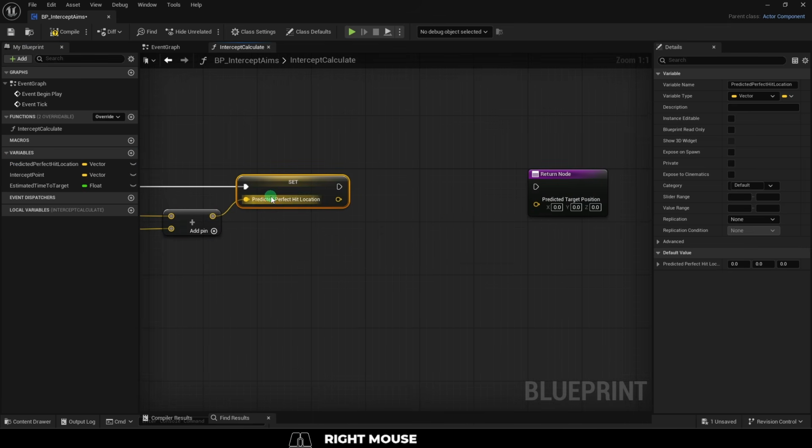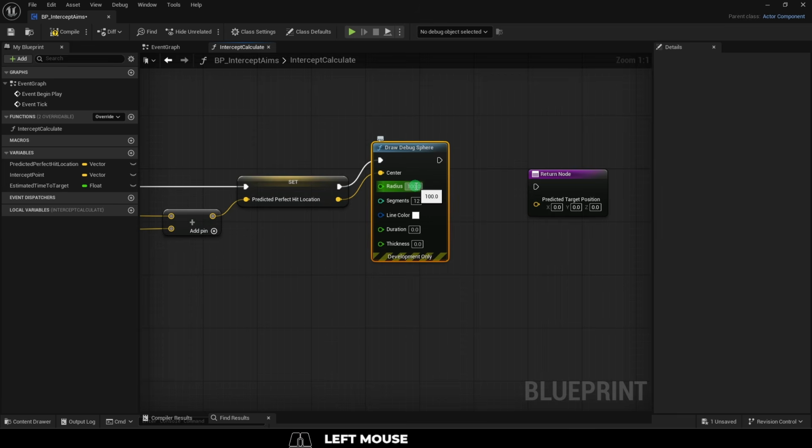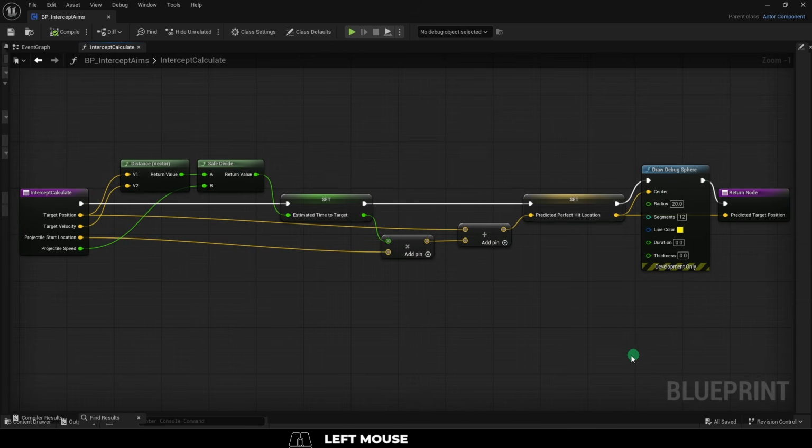Now, just so that we can see what's going on, drag out the debug sphere so we can visualize this. Set the radius to something like 20 and color it yellow or something. We can delete this after we know it works, but plug all that into the return node, and now in